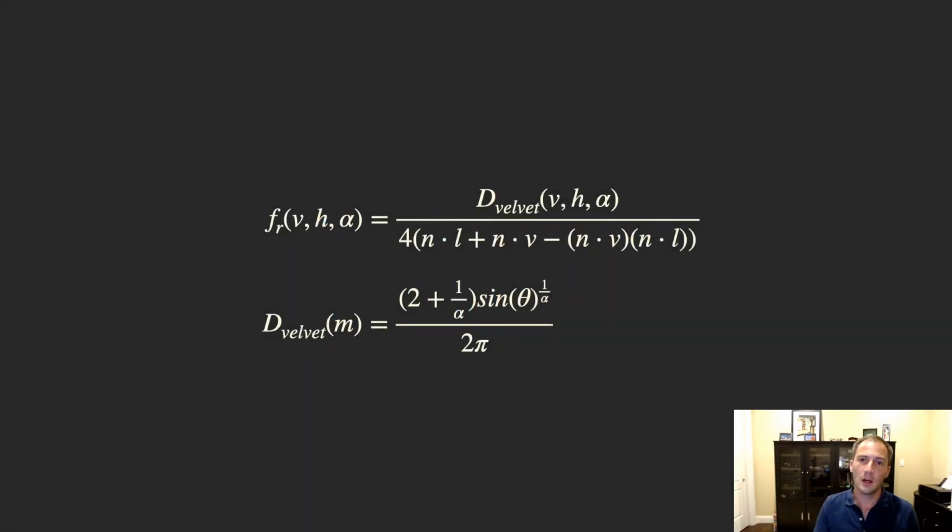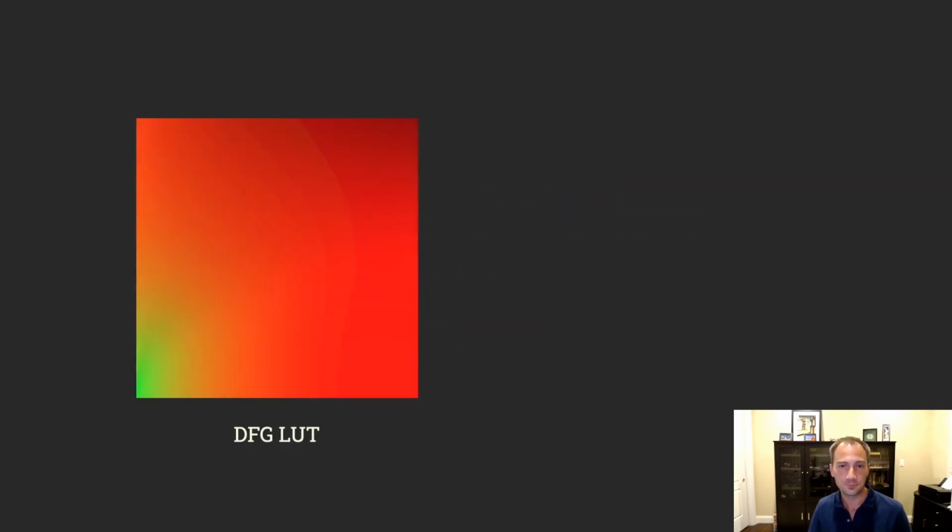Cloth rendering. We offer a cloth material model. You can see an example here of varying roughness. It is based on the Ashikhmin BRDF as modified by Neubelt and Pettineo for Order 1886, but we use a different distribution function. We use the so-called Charlie sheen distribution function from Estevez and Kulla from Sony Imageworks that they presented at SIGGRAPH 2017. It is softer, cheaper, and provides a more natural control over the roughness, we feel.